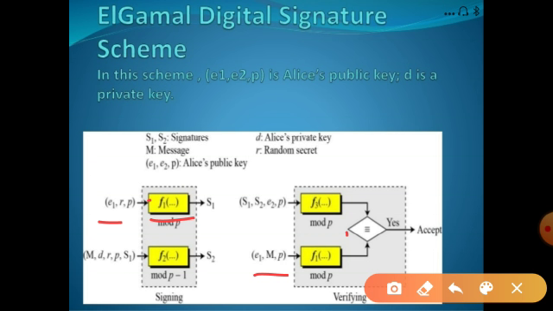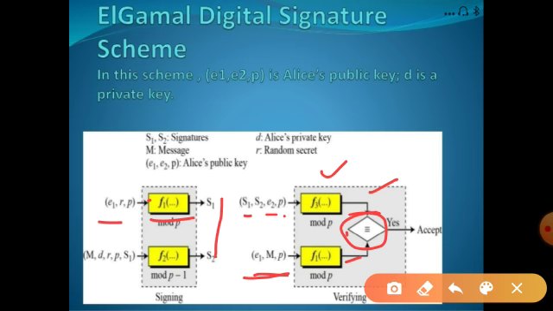For this function, S1 comma S2, the signature, and E2 comma plain text are the inputs, and we get one value. For the other function, we give this combination and get another value. Then we apply the congruence. If both are congruent to each other, the receiver accepts the message; otherwise, it rejects the message.